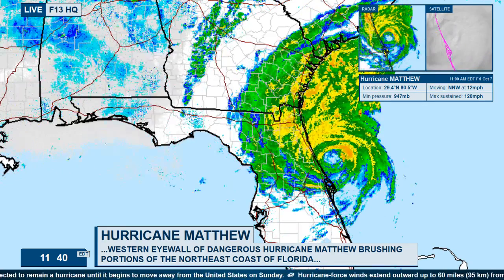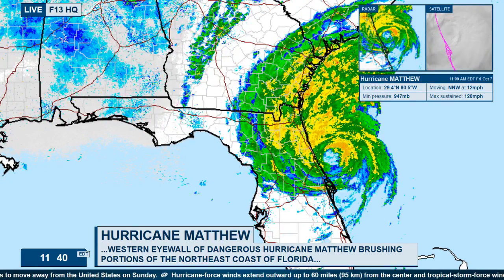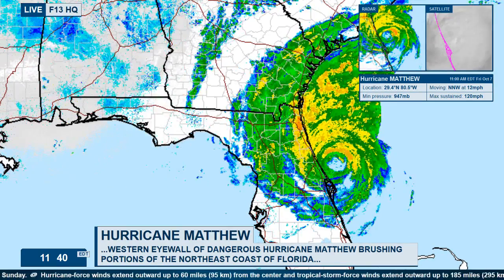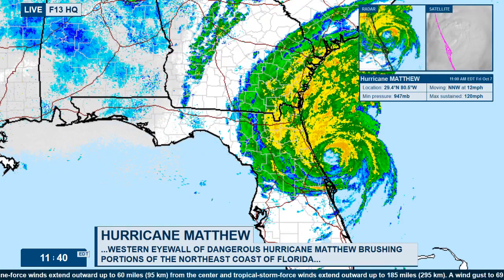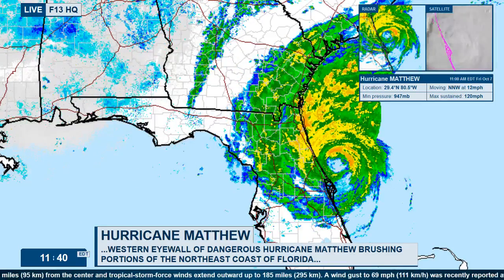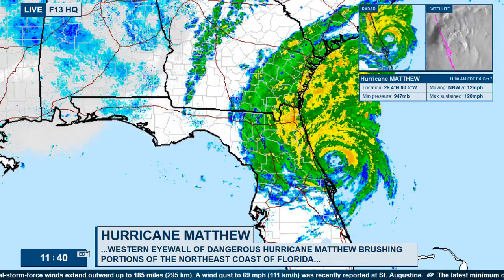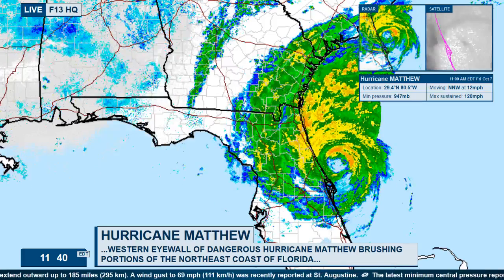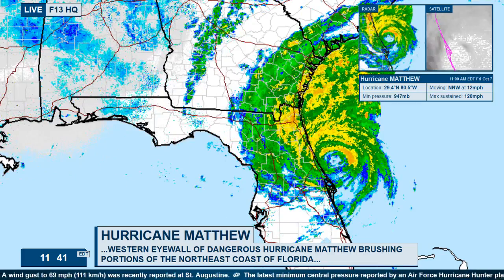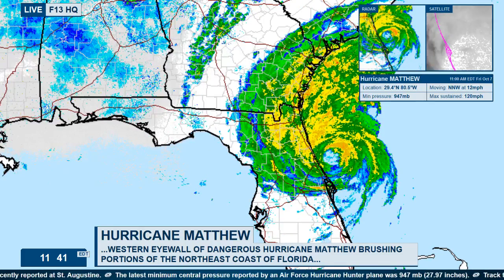There is still that band to the south there that will be affecting Cape Canaveral and the area around there, Titusville, Cocoa, those areas could be getting hit by what might be their last significant band of rain. And then inland, Orlando, they're probably getting hit by their last significant band of rain, maybe. And further west, places like Ocala and Gainesville, similarly. Well, I don't know. It could still get worse in those locations. They might still get hit by another band yet. But Orlando and the Cape Canaveral area might be starting to get closer towards being in the clear,